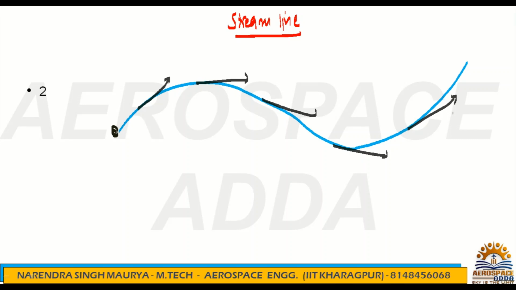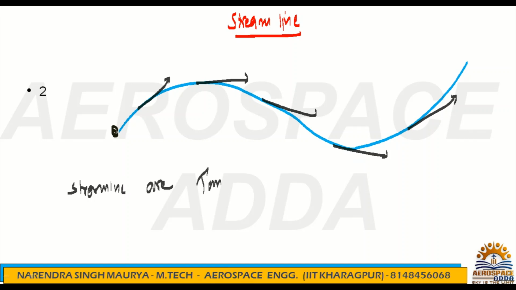Direction of the flow field. Okay, so these are the lines drawn in a flow field so that at a given instant they are tangent to the direction of flow at every point in a flow field. Basically, in a single line, if you define what is a streamline, again, I will elaborate, don't worry. So basically streamline